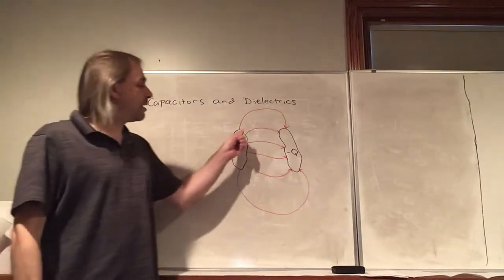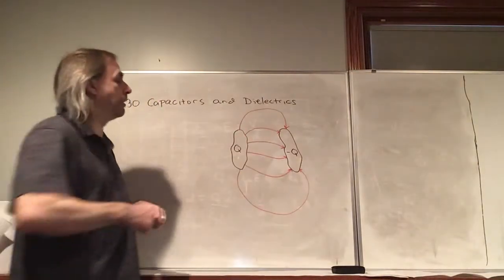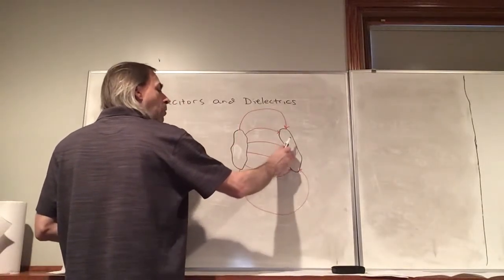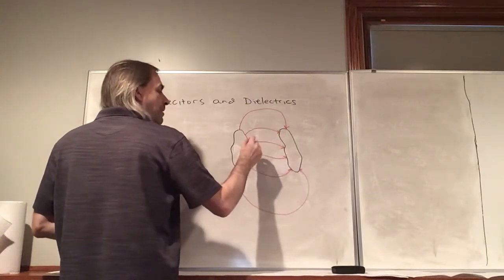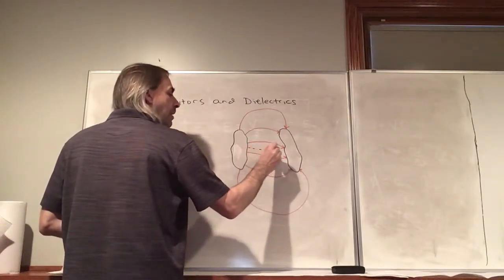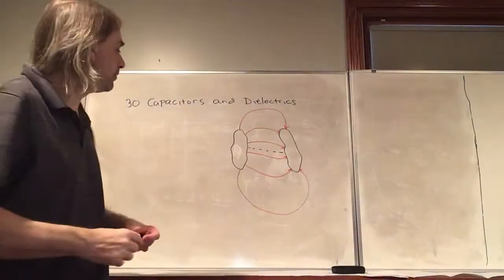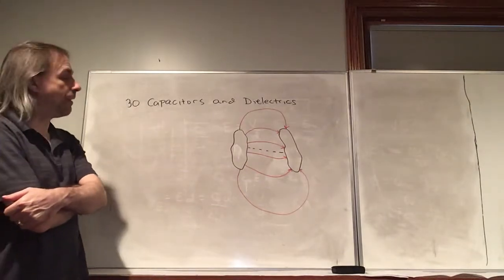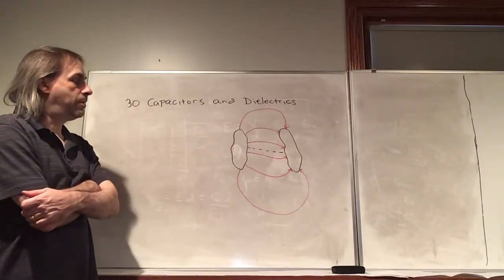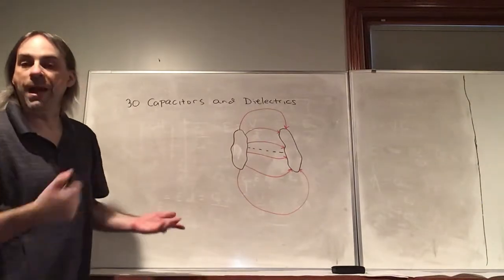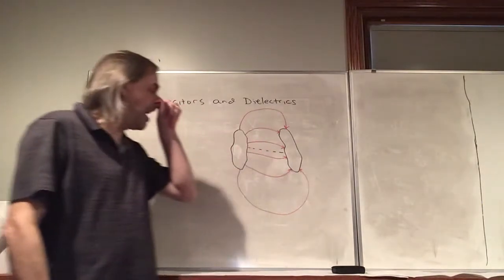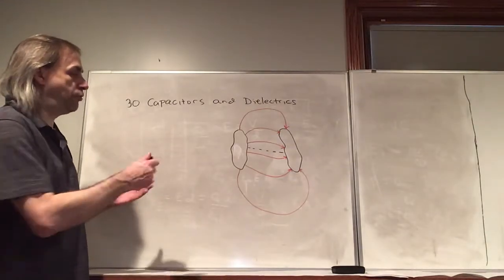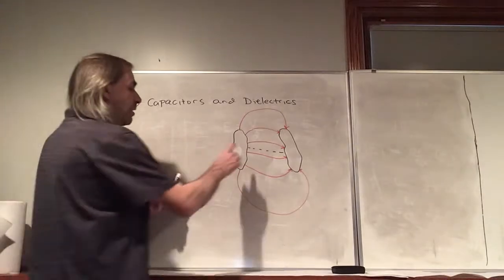But if we hook up a wire, let's say temporarily, let me erase this and just ignore these red lines for a moment. So let's say we temporarily hook up a conducting wire, like a copper wire or something. So now charge can flow from one plate to the other. So one way we could do this is, what if we just hook up the different terminals of a battery to the different plates? They'll be at different potentials, and charge is going to flow. And then we remove the wire,